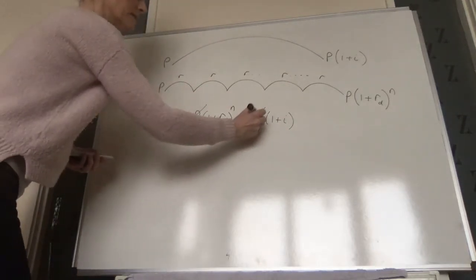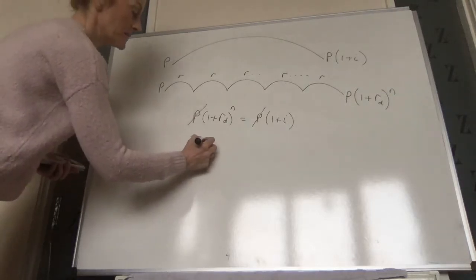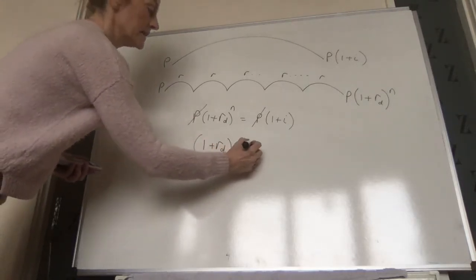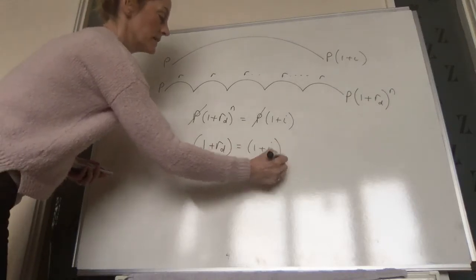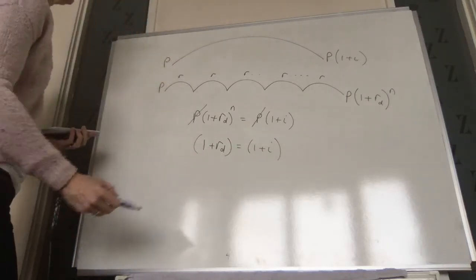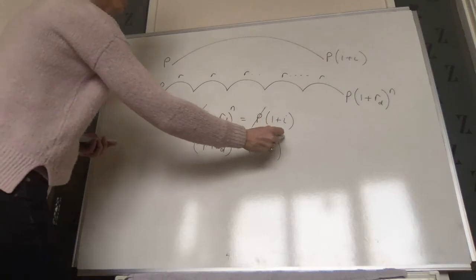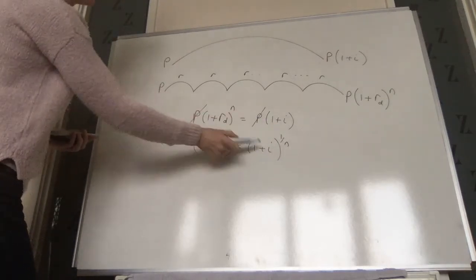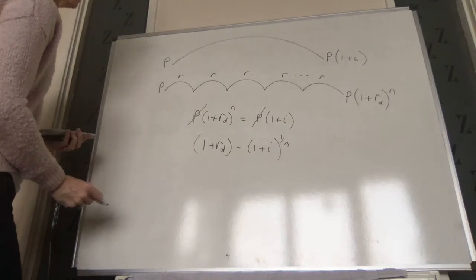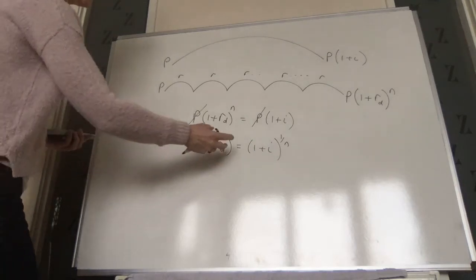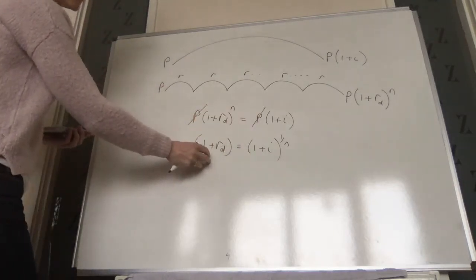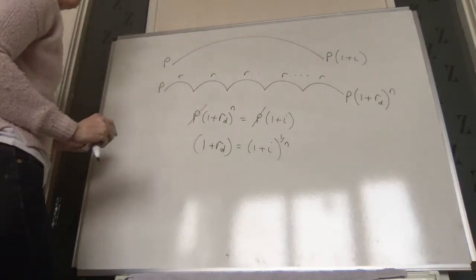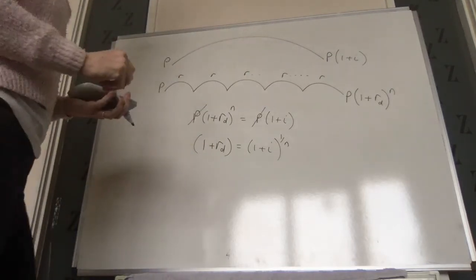Your two P's divide out, and what you have is 1 plus r as a decimal is equal to 1 plus I to the power of 1 over n. Because you have an n here, so you get the nth root of both sides. Okay, and that's how, if you want to find an equivalent rate, this is how you do it effectively. Okay, hopefully that makes sense. I can do a couple of questions as